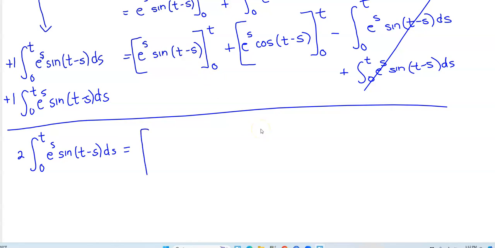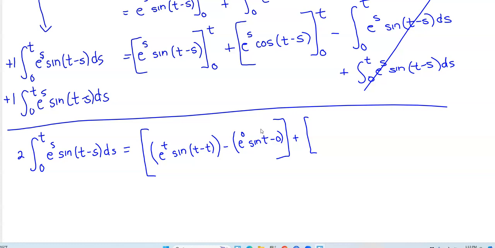So we have the following. We're going to substitute t in for s. So we have e to the t times the sine of t minus t, minus e to the 0 times the sine of t minus 0,